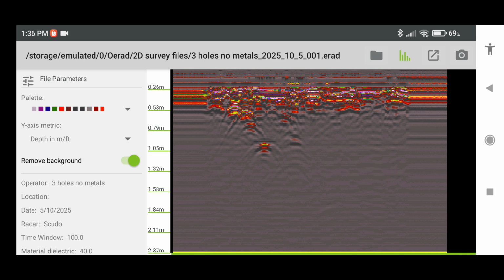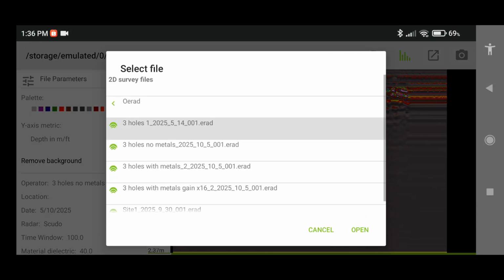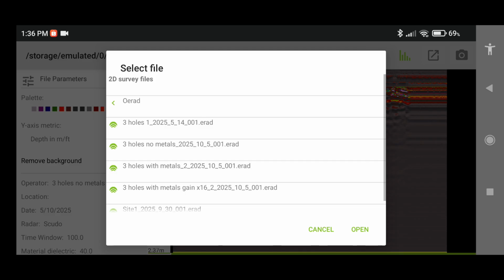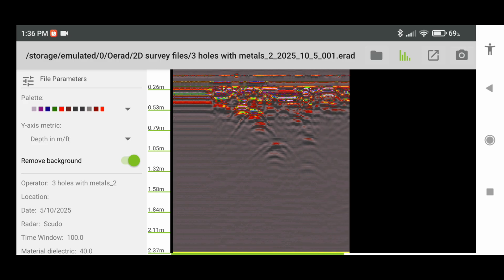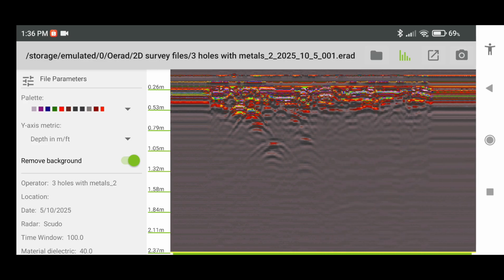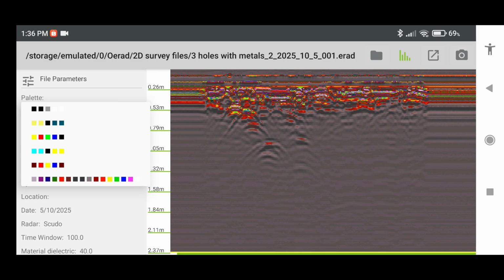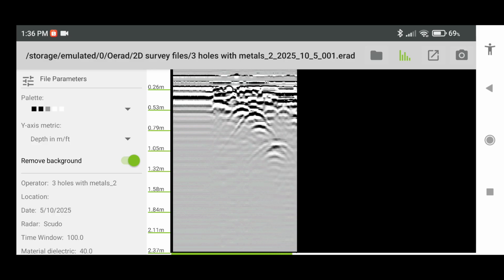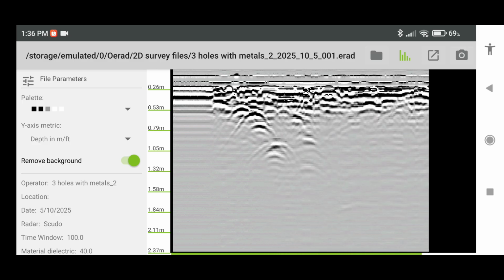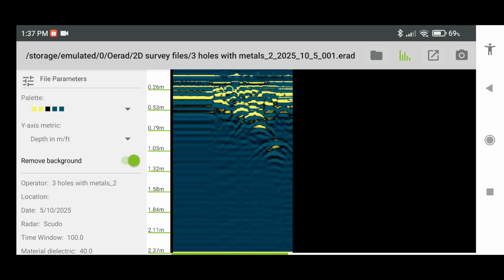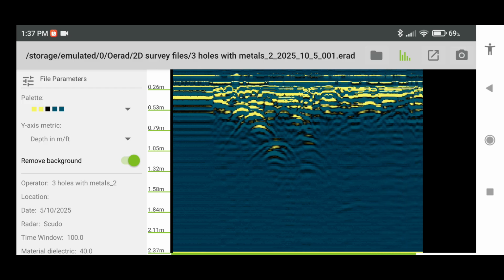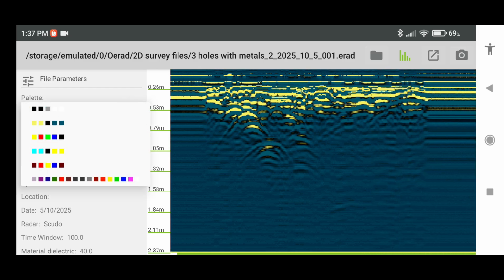So let's try to open the palette for the with metals. Okay, first palette for with metals. Then second palette. Third.